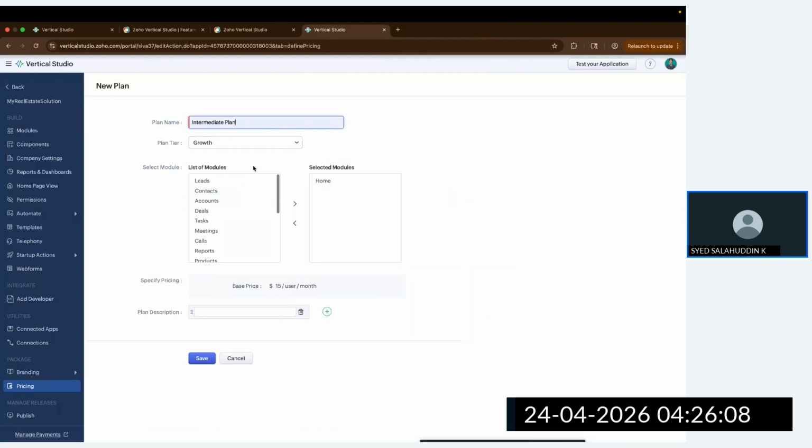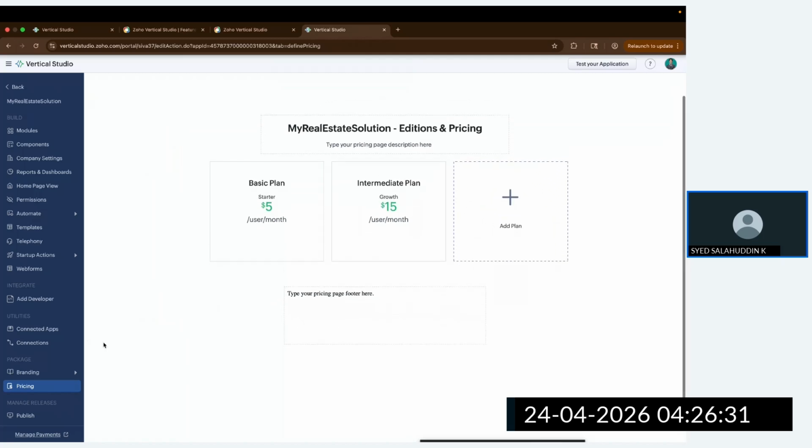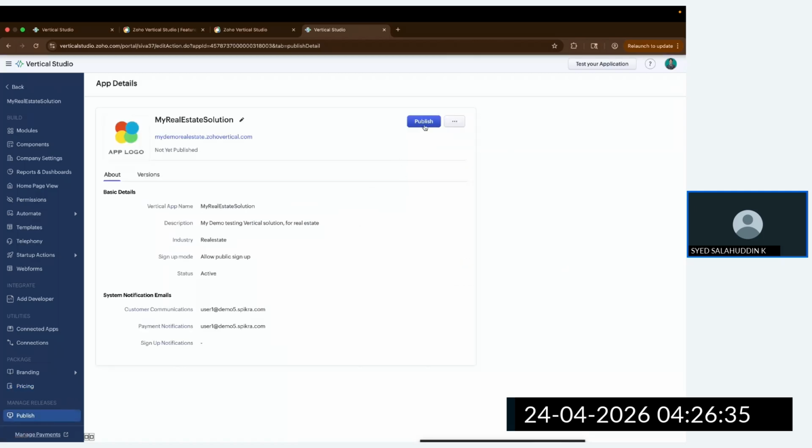Adding a growth plan as an intermediate plan. Selecting 5 to 10, that's enough. Yeah, and then I saved it. So here you can see the two plan prices I have just included. And once you have included these pricing pages, you can go for publishing. So here you can click on publish,